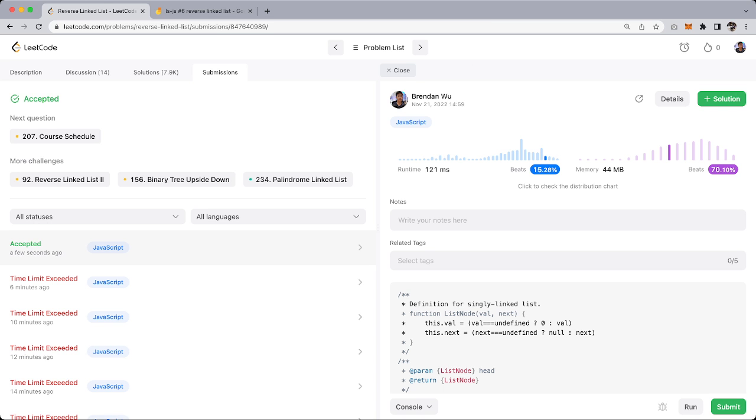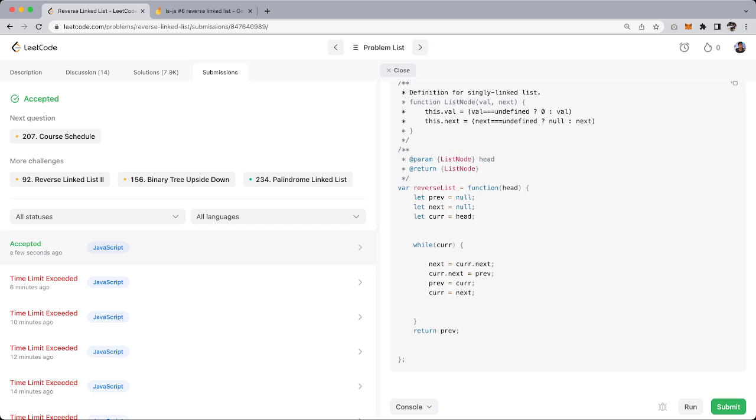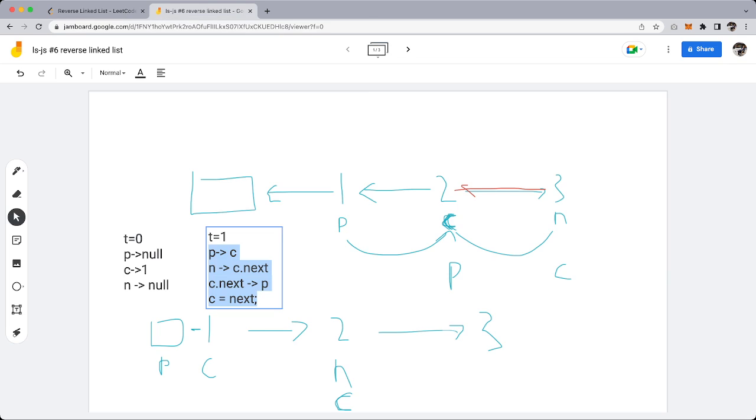So, a simple problem, but the trick is rewiring the pointers, because when we set one node's next value to the previous node, then it loses track of where to go next. So the order that you're doing this is as follows. Like I said, this is the correct state of the program,